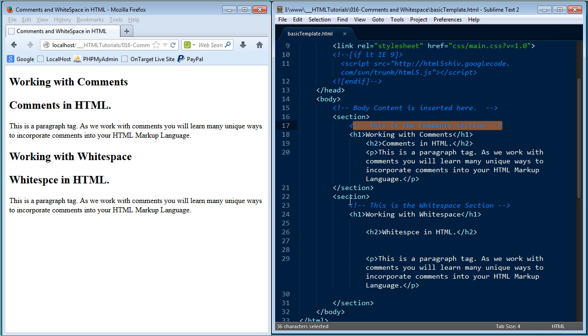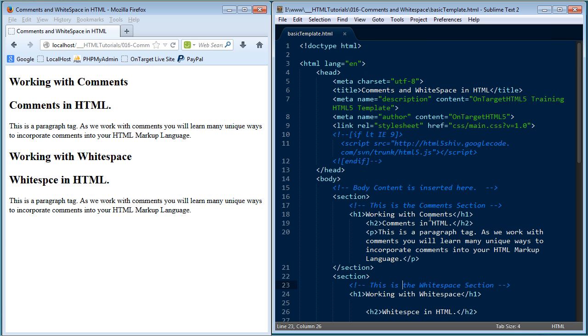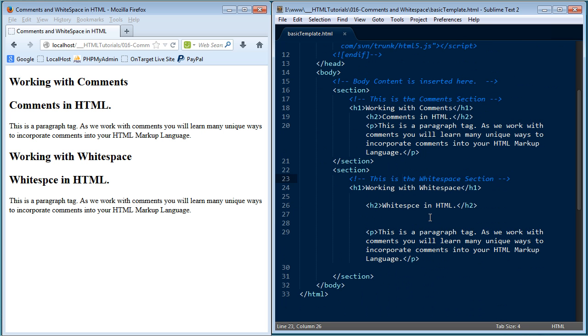The same thing, if you come below, you'll see another section of this HTML document that says this is the whitespace section. So in here we're talking about comments, and in this portion we're talking about whitespace, and I'm using comments to actually annotate inside my document that that's what we're doing with these areas of the actual HTML document. So that's pretty much all there is to comments. We actually use comments to mark up our code so that we know what we're doing in that particular section,